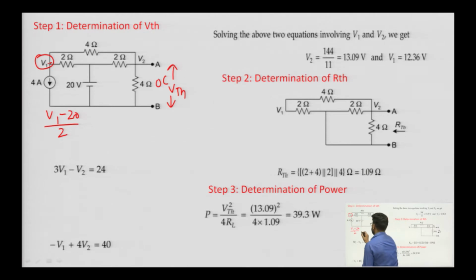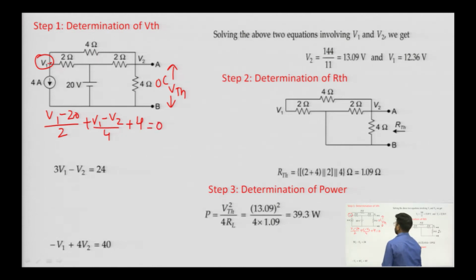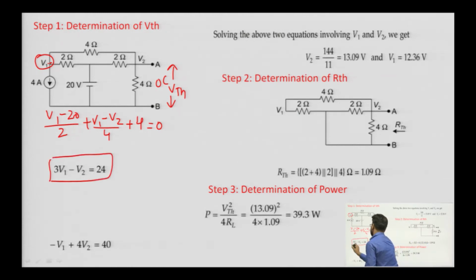Then we will have V1 minus V2 divided by 4, plus 4 ampere, which is flowing also in the outside direction, and it will be equal to 0. So, after applying KCL at V1, we will get the equation as 3 V1 minus V2 equal to